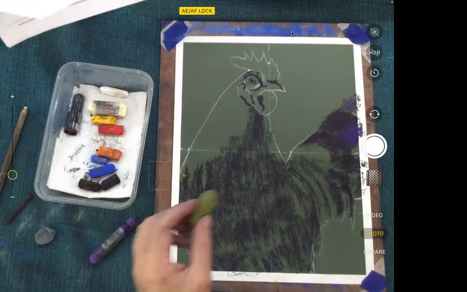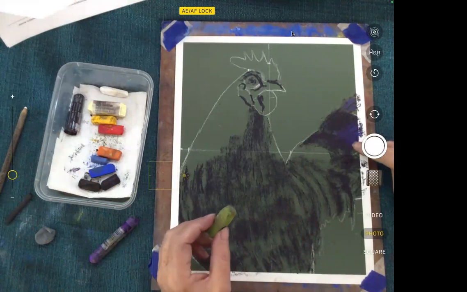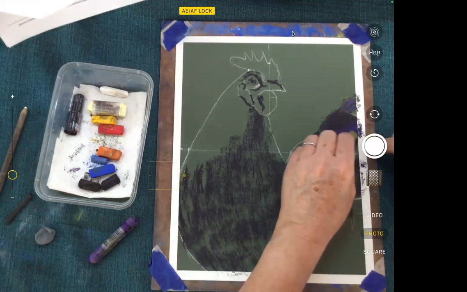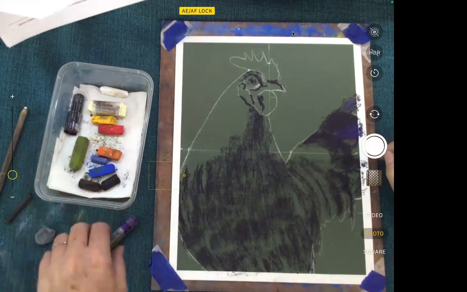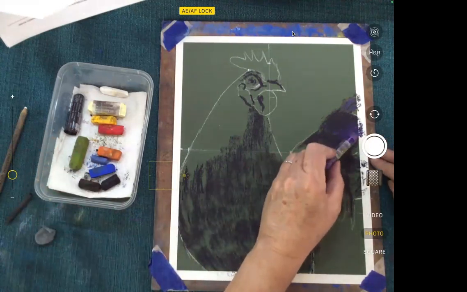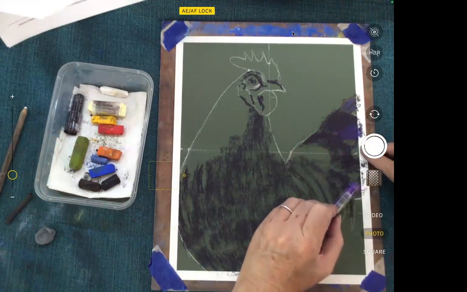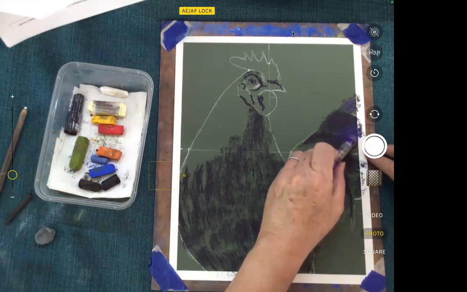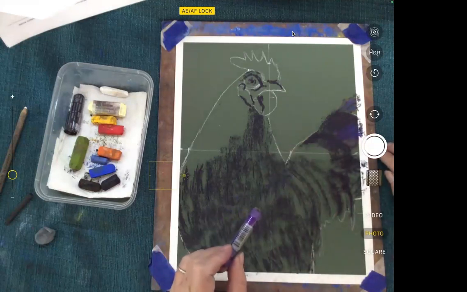All right, so can you see, I don't know if you can see it or not, but on this feather here, there's a tiny bit of a shine just in here. I'm going to use my green for the shine because it's not a bright white shine. It's just a very subtle little bit of a shine that might be catching the light right on the edge. I put my lighter green, it's a limey kind of green down on there, and then I'm just going to go over it gently with my purple to sort of push it in a little bit, but not too much. So see how that's just softened it off a little bit, but it's created a very subtle little shine right